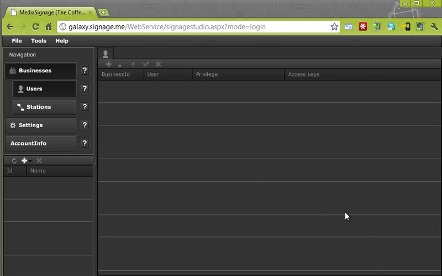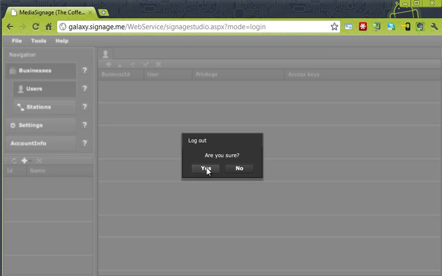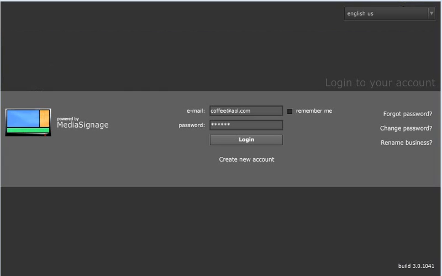Next, I'm going to log out of the web version of the Signage Studio, and launch the Signage Studio desktop version so I can use some of the enhanced functionality of the desktop version. And so here's the desktop version of the Signage Studio, and I'll log in again as the